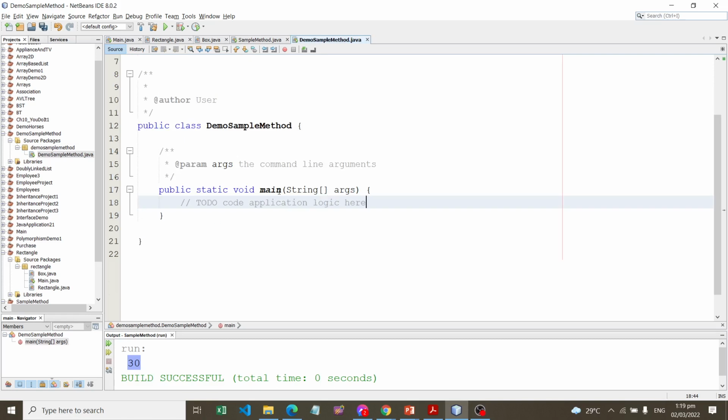And we have the main method where we are going to place our method call. But first, we have to create a user-defined method. For example, the purpose of this program is to calculate the sum of two numbers. So for using the user-defined method, we need to create the user-defined method in any other method, like